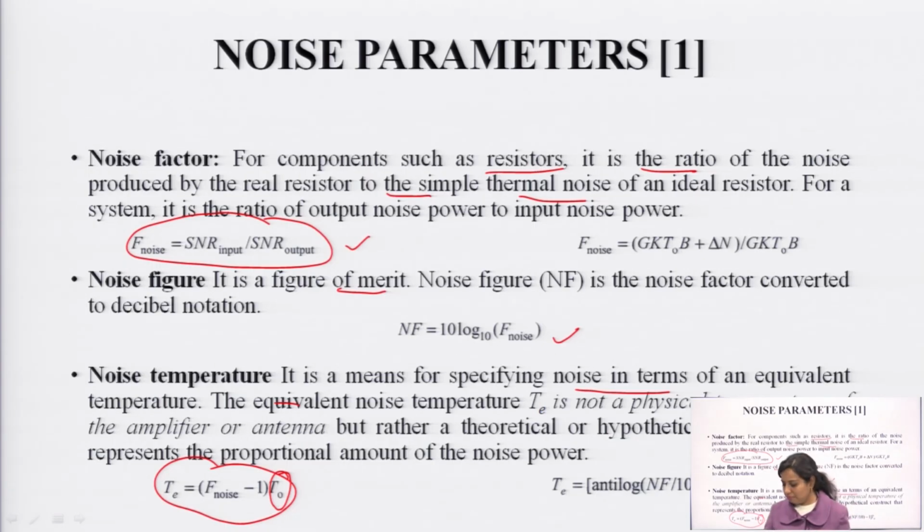So, these are some of the parameters. In this lecture we have discussed different channel models, how to model a channel, what is the effect of noise, and what are the different parameters that change the characteristics of the signal. Then we have discussed these noise parameters also, and a very important equation we have derived, that is known as the Friis formula.